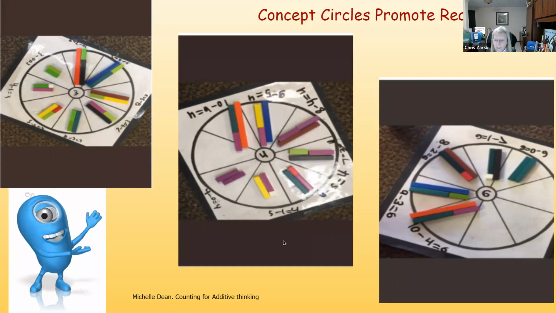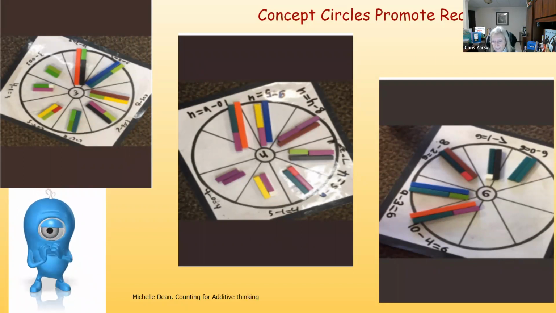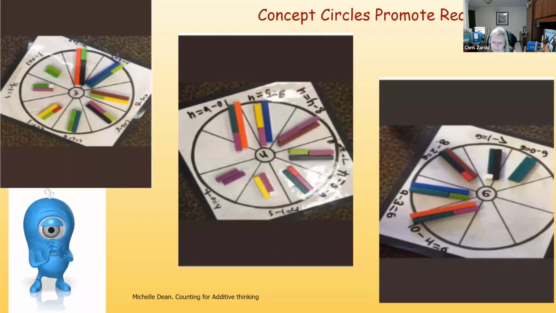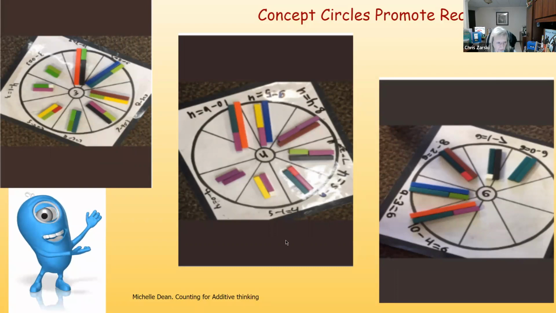Now, I would say even one step further, I wouldn't just do this wheel with Cuisenaire rods. I would include money. Can you show me that number in money in a variety of different ways? You can't show me the same money in every section. Could you show it to me with subitizing cards? Could you show it to me with base 10 blocks, even if you've done base 10 blocks with them already? This is a good place for us to put it in, right? So a variety of different models, not just one tool that I get to represent those numbers.